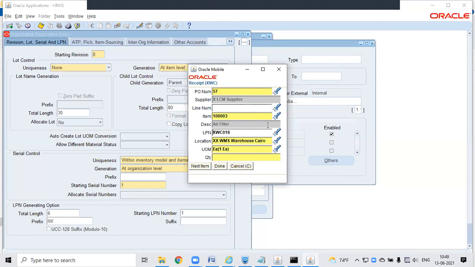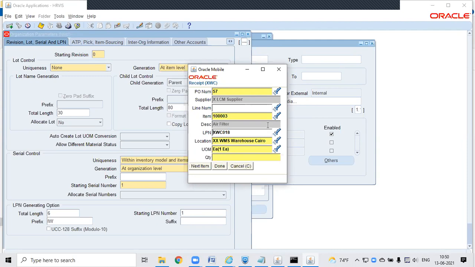But if you create a sales order in one warehouse and another PO in the other warehouse, and you are doing a transaction between PO and SO, then it is not possible. In that case, you need to change the LPN context back to defined but not used, and then you can receive it in the other warehouse.